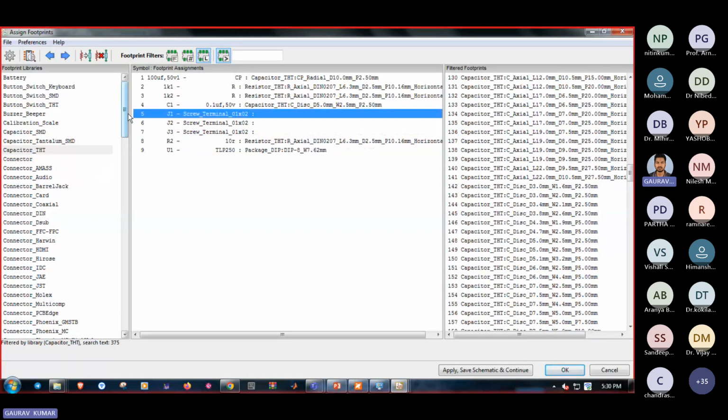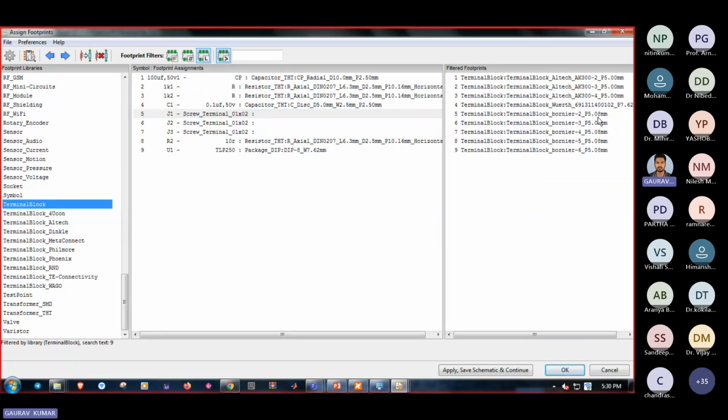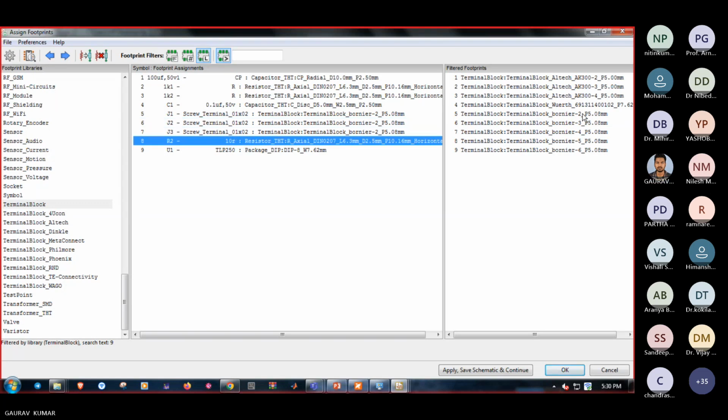For the screw terminal, we have to go to terminal block, which is here. We have to select 5.08. And then all these devices, all these footprints which we have selected, you have to go to the